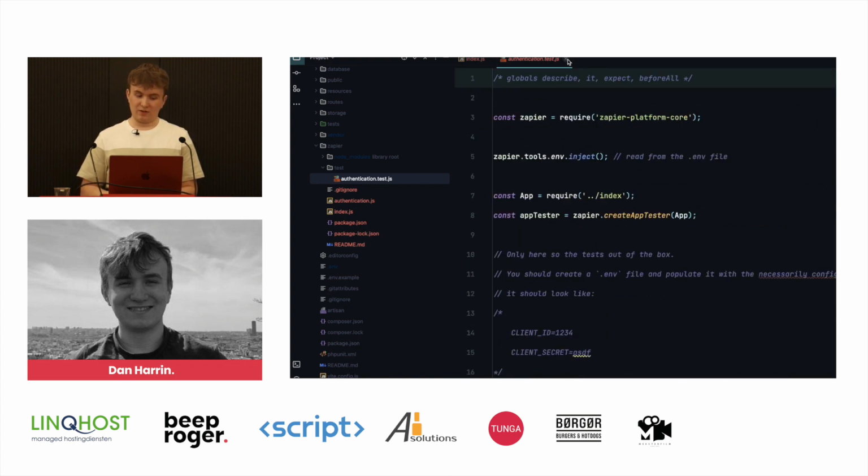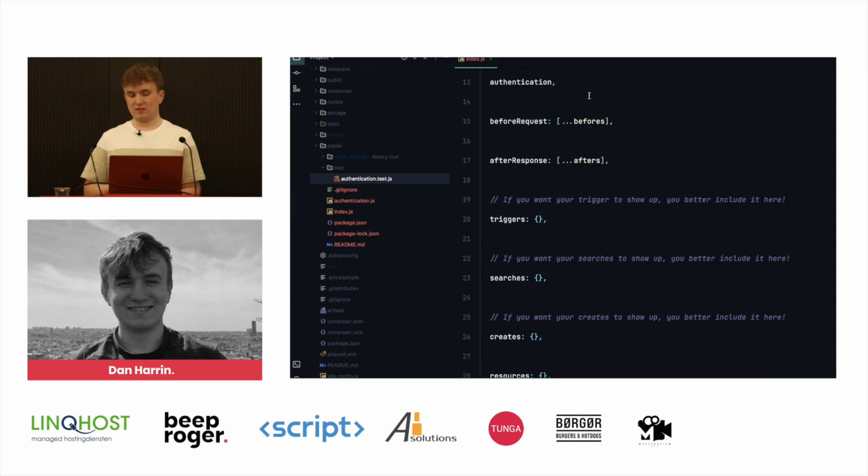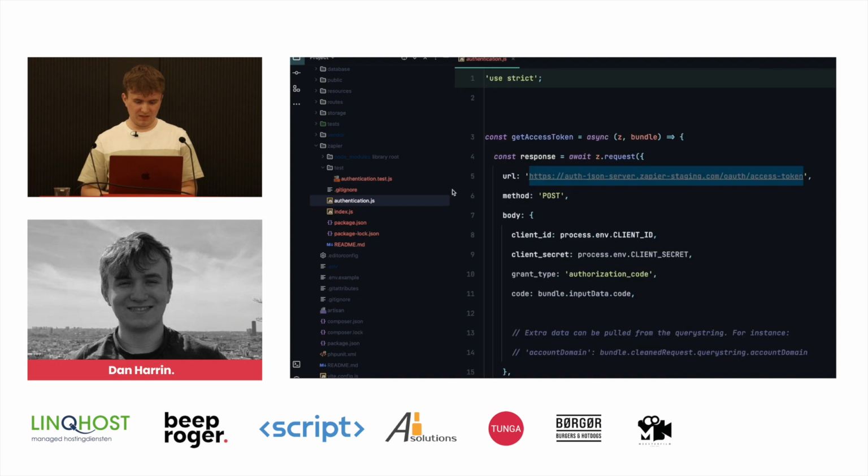We're going to actually start off with the authentication.js file, and this is going to describe to Zapier how it's going to interact with Laravel Passport. Zapier's integration here isn't exactly standard with Passport. You have to make a few tweaks. So let's start off with fixing the URL for this authentication server.